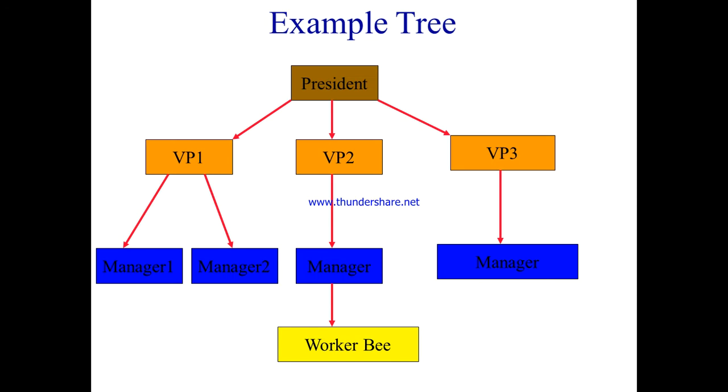Now you can see the example of a tree, how we are representing it. See here, I told you the example: one president, he is the root node. You will be having a number of vice presidents. All vice presidents are at the same level. From this president, these are said to be children, all these vice presidents. From the vice presidents, you will be having the next level, managers. Manager 1, manager 2 under vice president 1, next manager under vice president 2, and under vice president 3 you can have another manager.